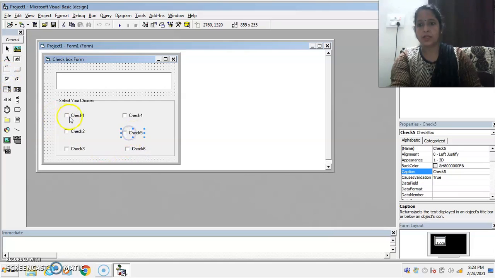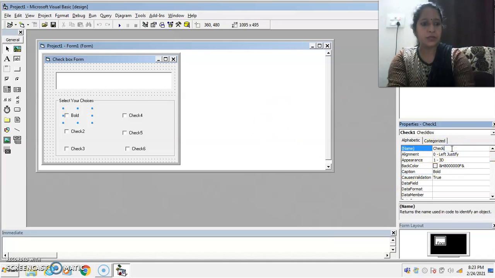Now change the caption of the first checkbox button to bold so that the user can identify it, and also change its name to check bold so that it is easy to do coding in the code mode.